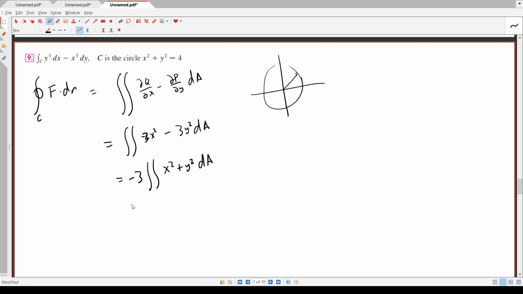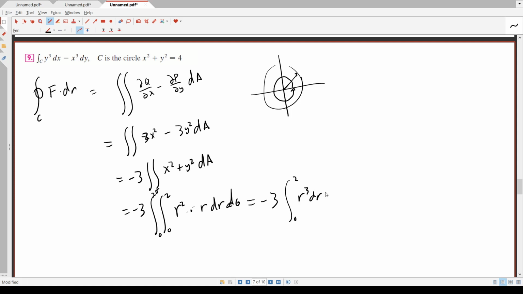Let's go ahead and translate. So here I want to integrate this. I'm integrating r squared times r dr. The radius goes from 0 all the way out to 2. And then theta goes from 0 all the way around to 2 pi. This is d theta. This is separable, so I have minus 3 times the integral from 0 to 2 of r cubed dr, times the integral from 0 to 2 pi d theta, which gives me minus 3